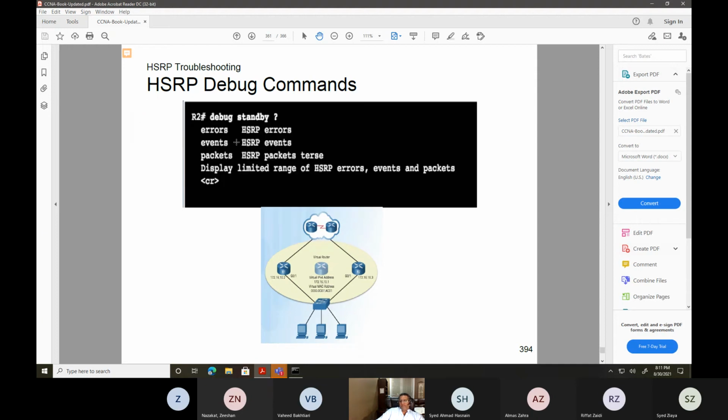So these are all the debug commands. Debug commands are basically used to troubleshoot errors. Anytime you're sending and receiving packets, the debug commands show you all the outputs. In a production environment, it's a horrible idea to run debug on production routers.